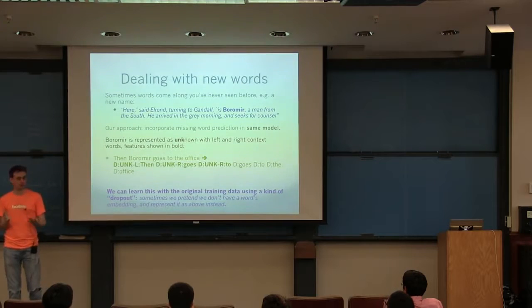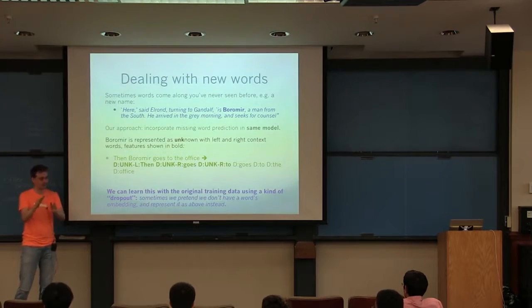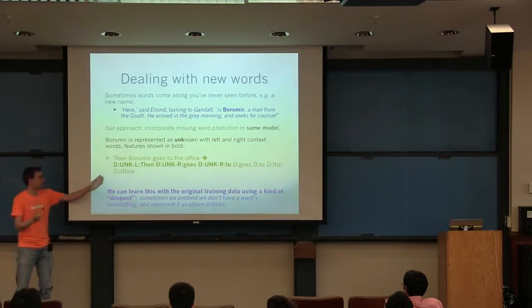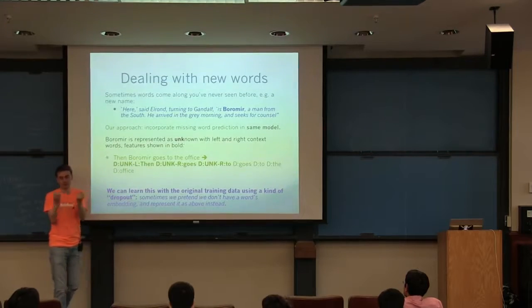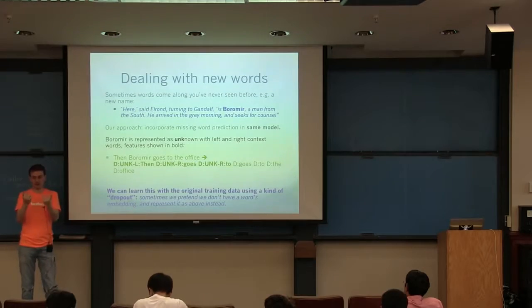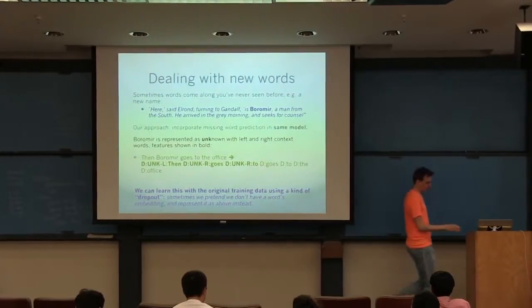The idea is then we could train our model. In the training set, we actually know all the words, but we do this dropout trick where we pretend we might not know a word during training, so that we're prepared at test time for this to happen. So sometimes during training we pretend we don't know the word kitchen. Instead we represent it with these features to the left and right of it, and that way we train these embeddings to deal well with the case when that word is missing and unknown. So that's an extra trick that we added.